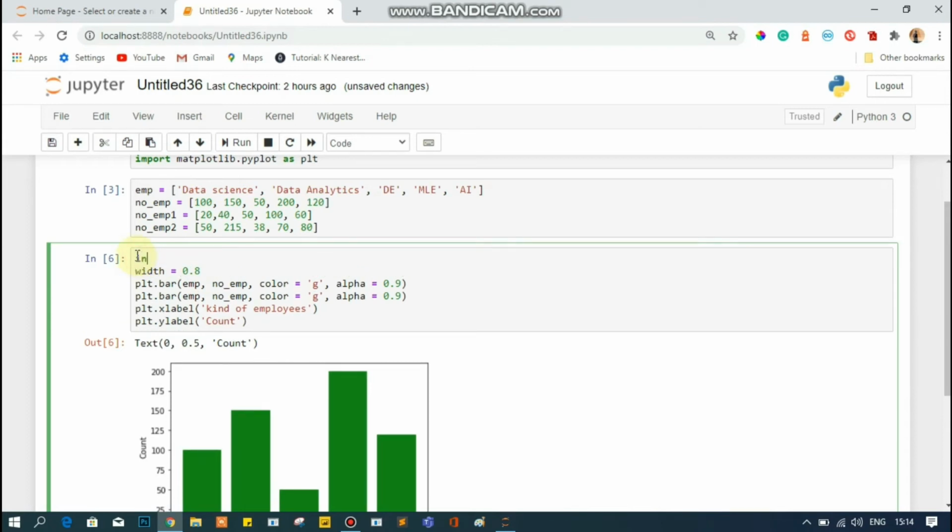Also let me set index equal to np.arange of the length of this employee, and I'm using this arange function. Here this number of employees is the first, and after this I will pass this width.